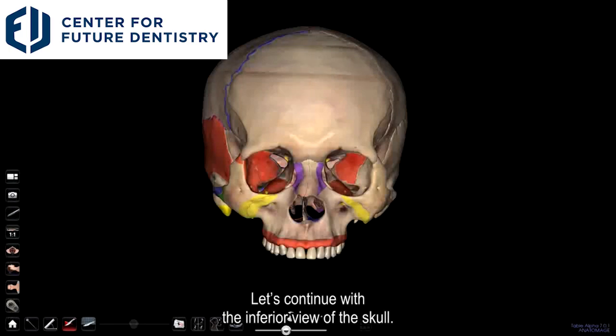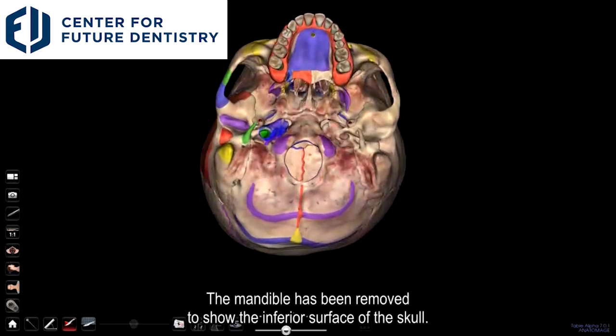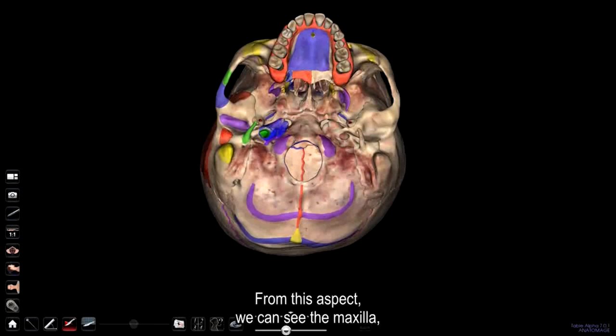Let's continue with the inferior view of the skull. The mandible has been removed to show the inferior surface of the skull. From this aspect, we can see the maxilla,